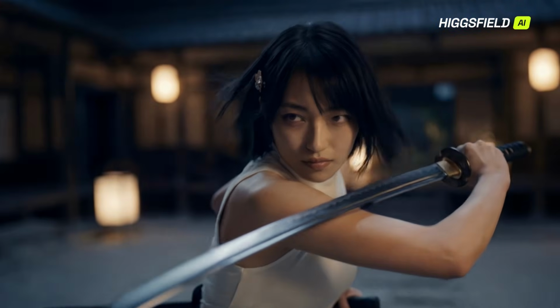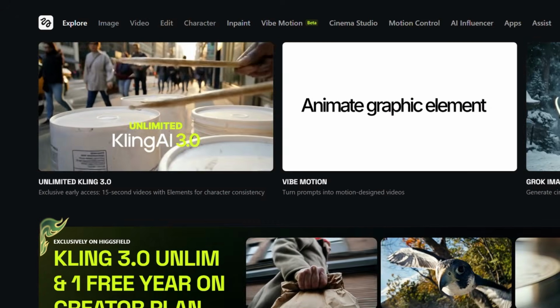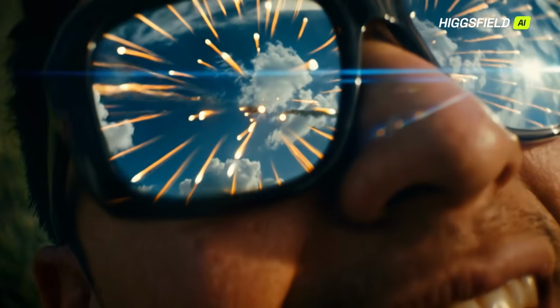AI videos are everywhere right now, but most of them still look fake, inconsistent, or broken. Faces change, motion feels floaty, and storytelling just doesn't work. But today, I'm testing Kling 3 inside Higgsfield, and honestly, this feels like the first AI video model that actually